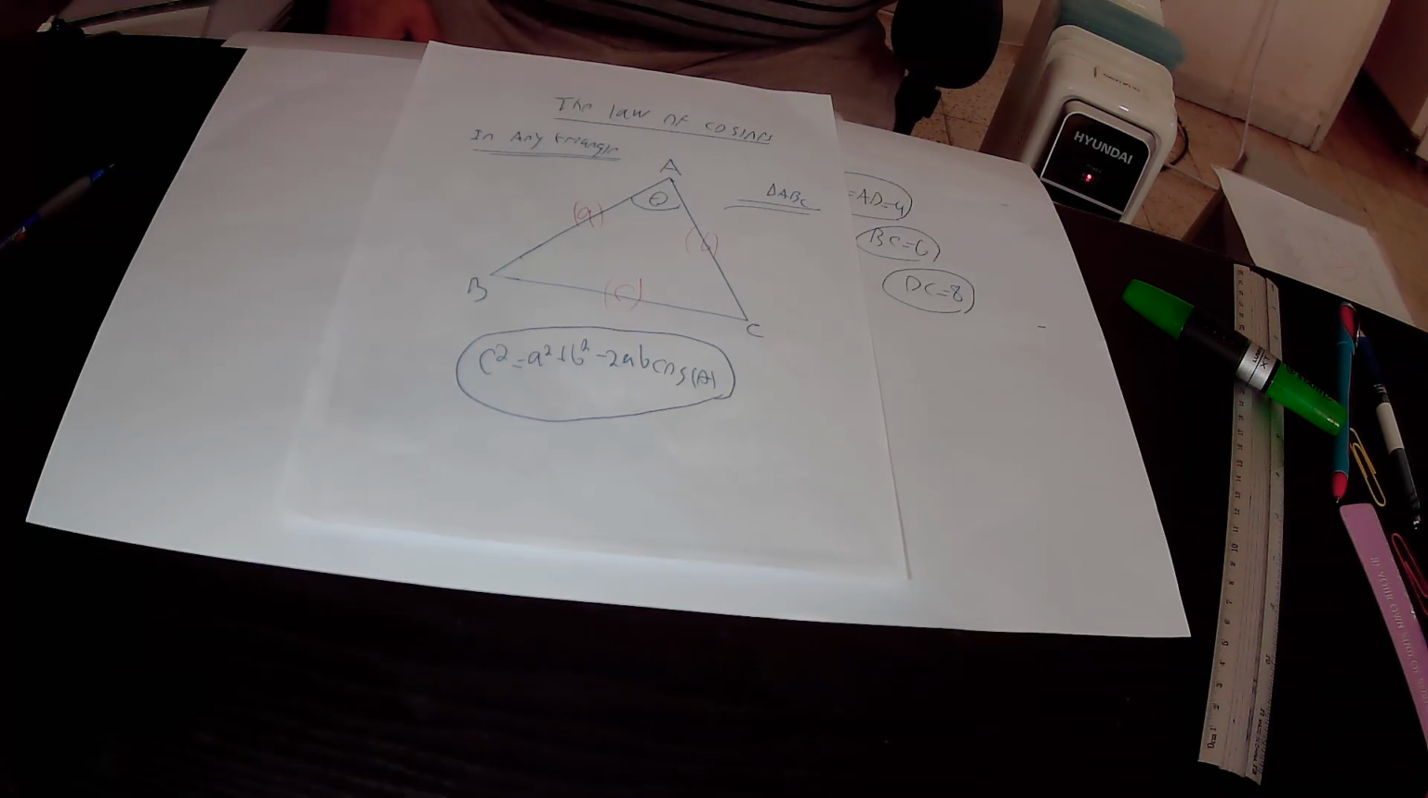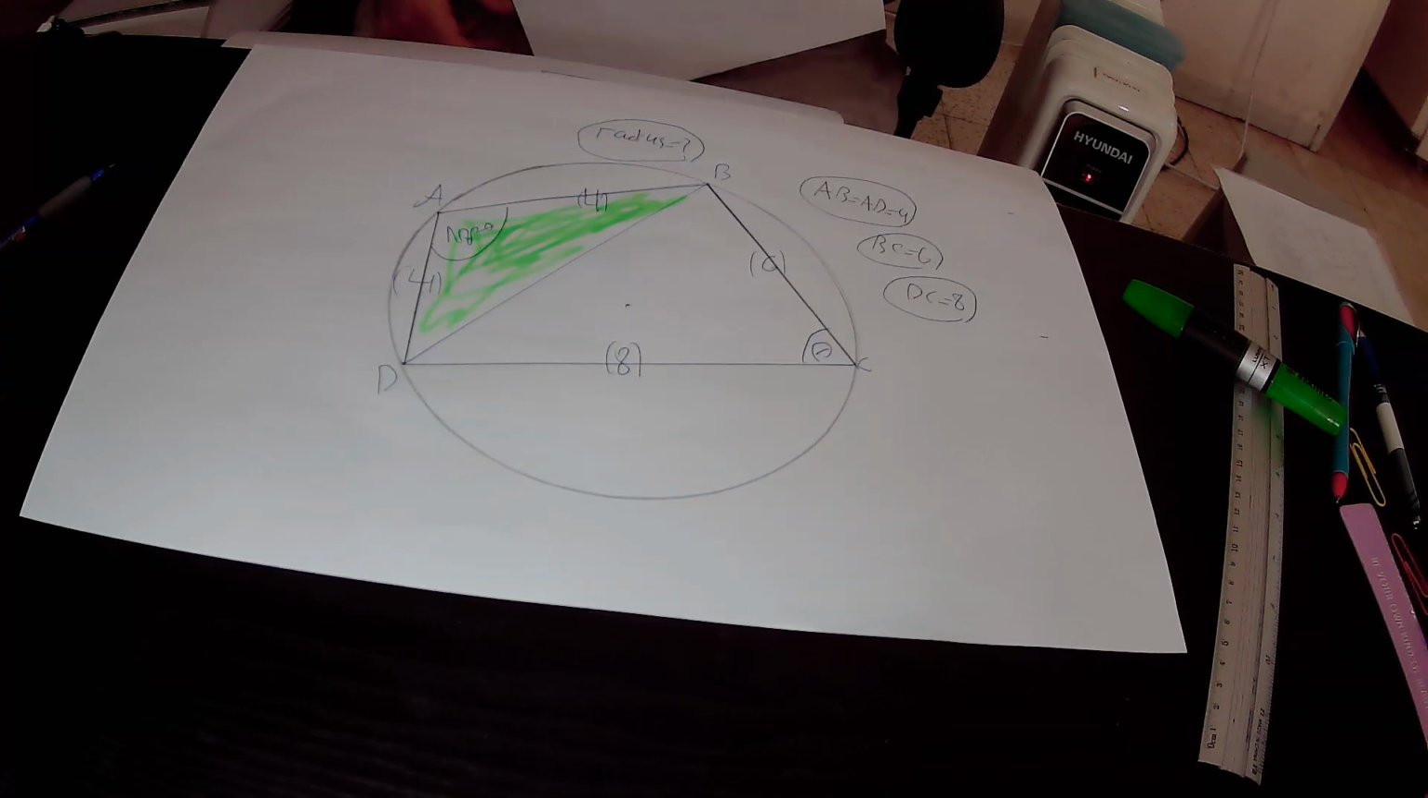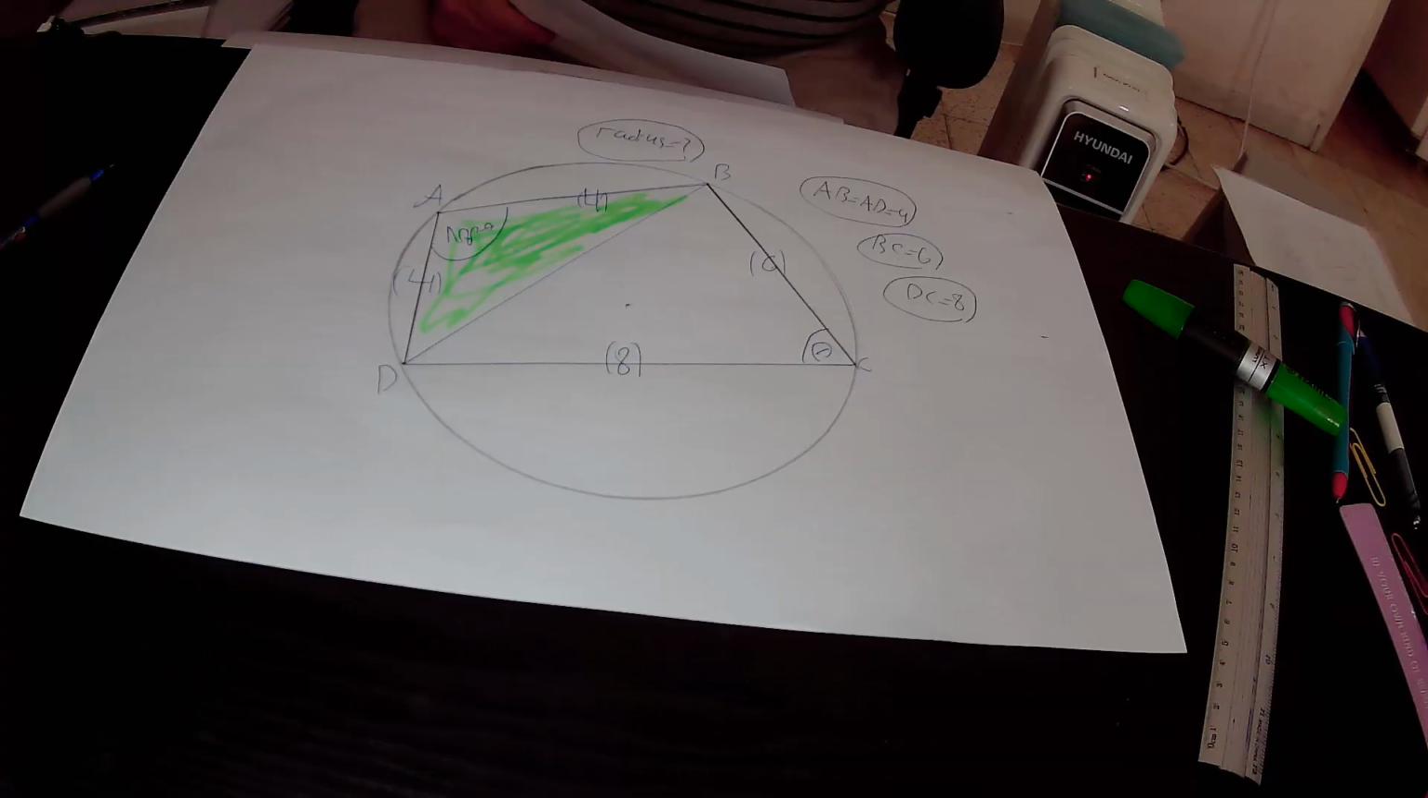According to the law of cosines, the following equation holds: C squared equals A squared plus B squared minus 2 times A times B times cosine theta. Again, C squared equals A squared plus B squared minus 2 times A times B times cosine theta. So in the first step, we implemented the law of cosines in this triangle